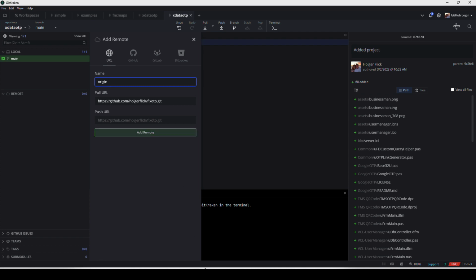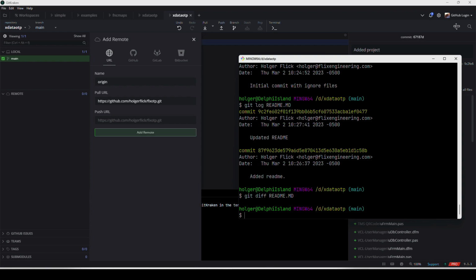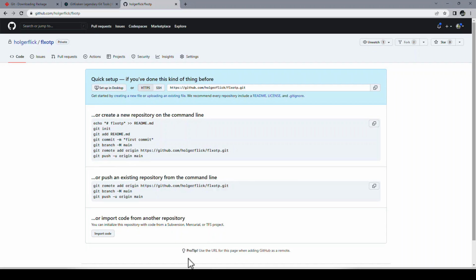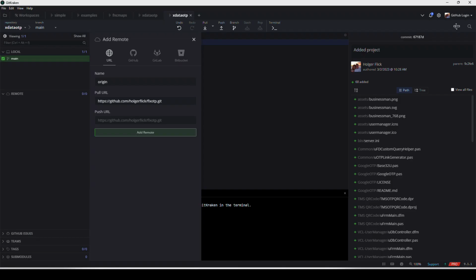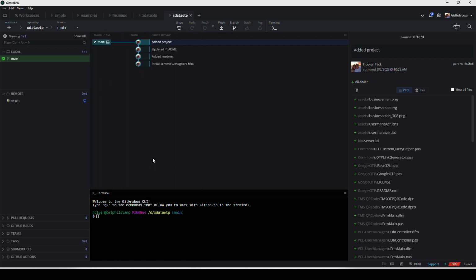It's the same as executing those commands I have just shown you on the command line, which it also gives me right here. So it doesn't really matter, especially GitKraken or any other client is going to pick up on these things that you ask. So it doesn't really matter if you use the command line or if you use a client. It ends up being the same result. So add a remote. And then here we have the remote.